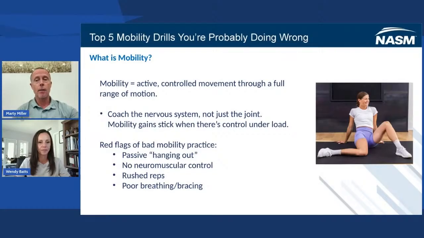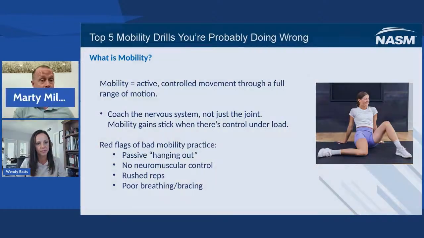For example, I'm working on my left shoulder external rotation in a neutral position. If I had a bigger screenshot here, you'd see that I'm a little bit more in external rotation on my left shoulder. Now, passively, you can get me there, but actively, I can't get there myself. So I have to keep working on the strength in those ranges of motion that I'm trying to gain. So that's that mobility. Red flags of bad mobility practice would be just kind of hanging out, right? Not owning the position, controlling the position, no neuromuscular control, right? Because some of these you have to work yourself into the position and actively strengthen yourself as you go into